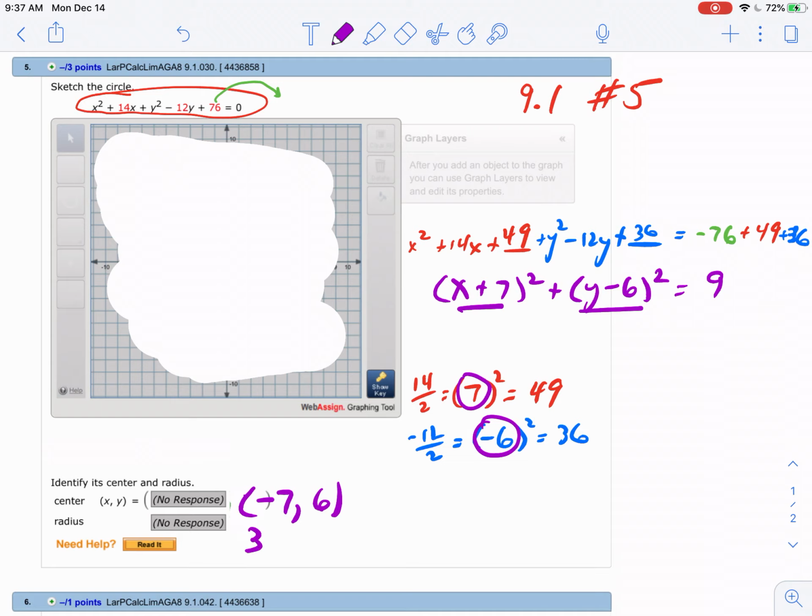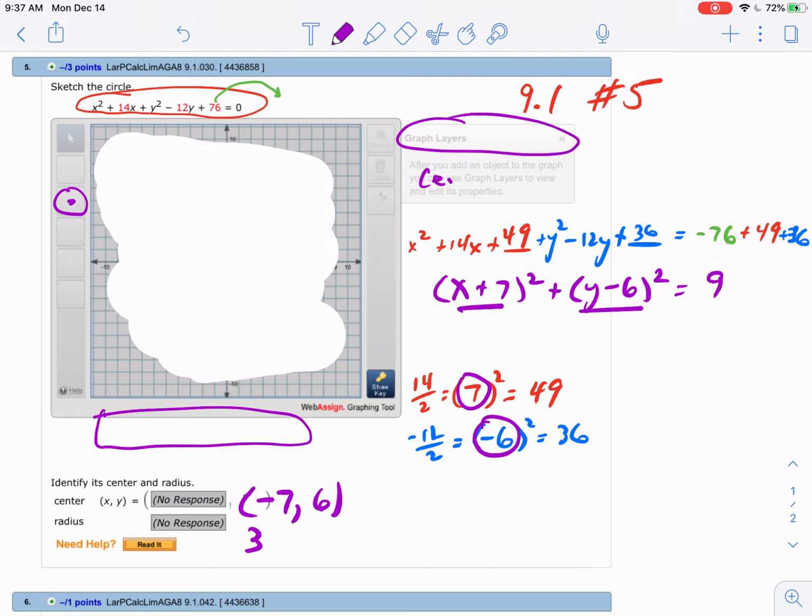And then when you go to graph this, for some reason my graphing is not working. Maybe you could look it up on YouTube, but you're going to go down here to the circle tool, and then underneath or over here in the graph layers, you should be able to type in your center, and then a solution point